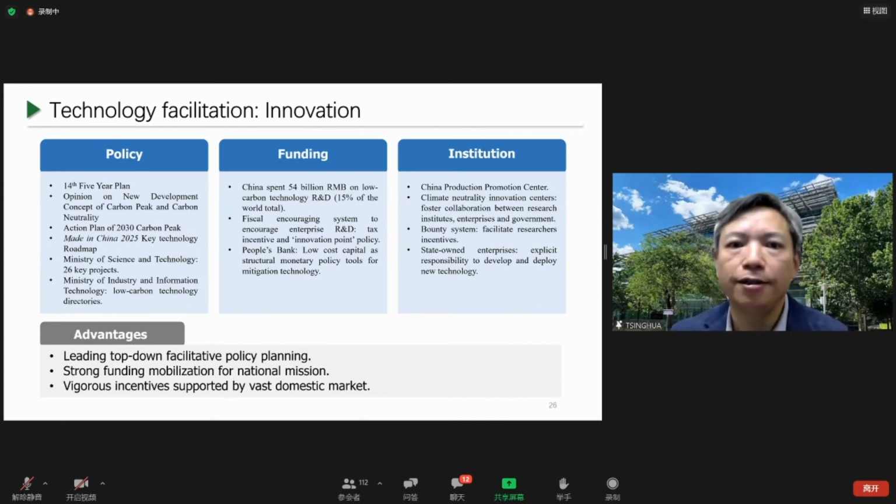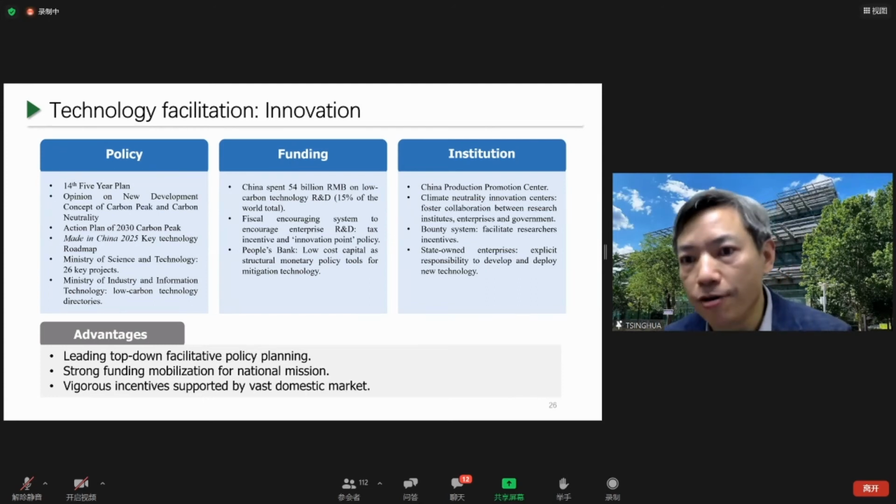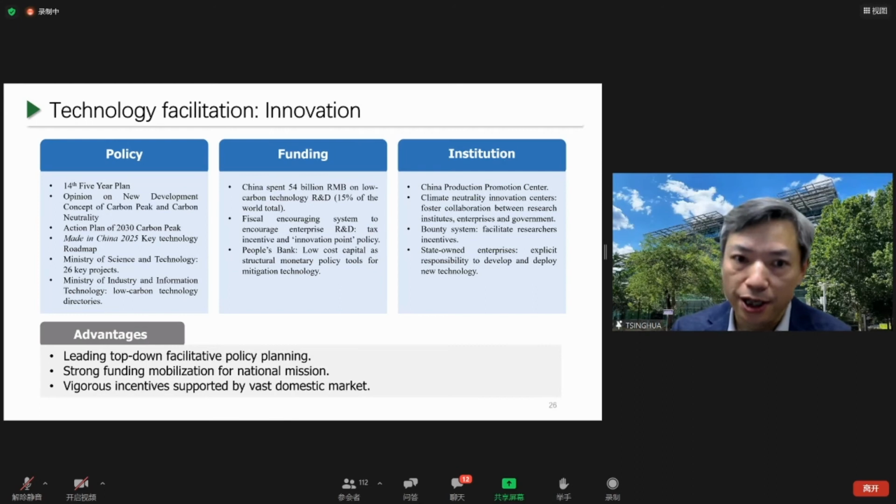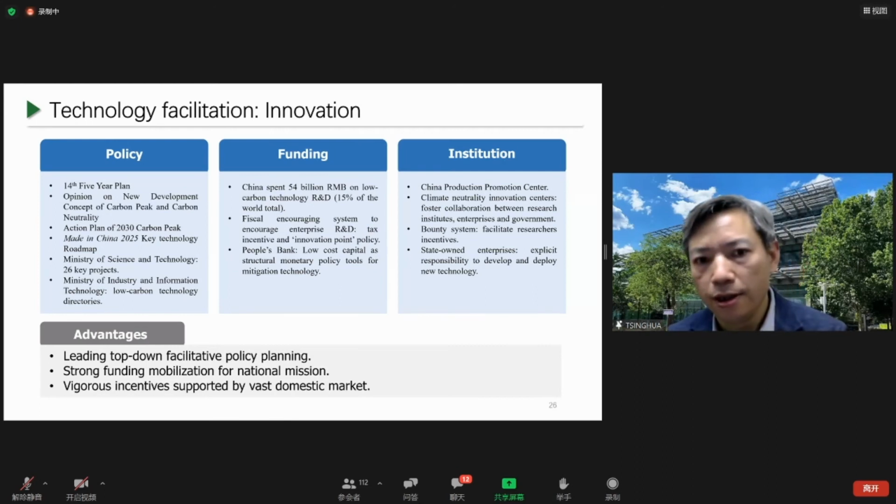From the funding side, China spent more than 50 billion yuan in low carbon technology innovation in the last year, 2020, accounting for 17%